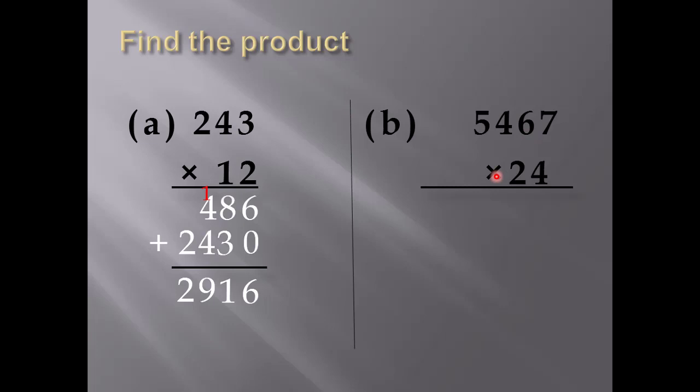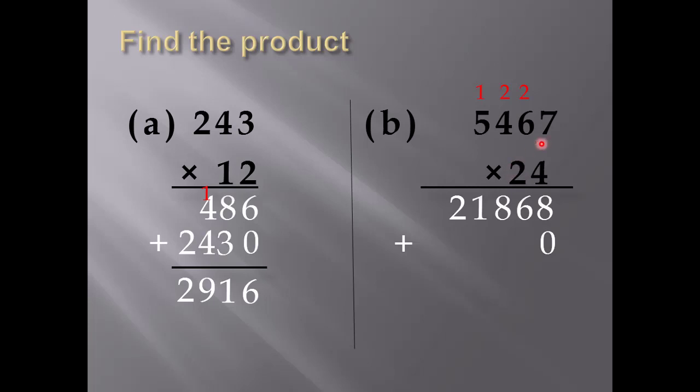Let's start from units. 4 times 7, 28, 8 carry up 2. 4 times 6, 24, and 2, 26, 6 carry up 2. 4 times 4 is 16, and 2, 18, 8 carry up 1. 4 times 5 is 20, plus 1, 21. Now I'll add 0, then